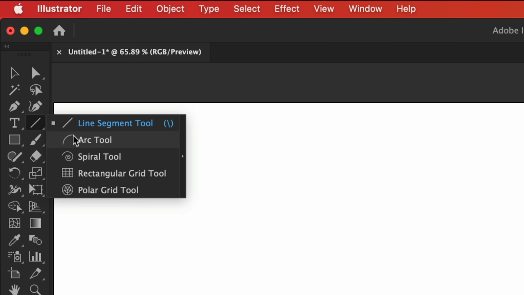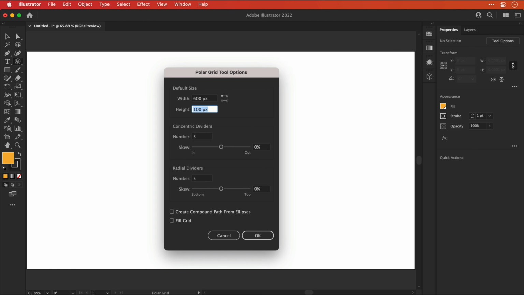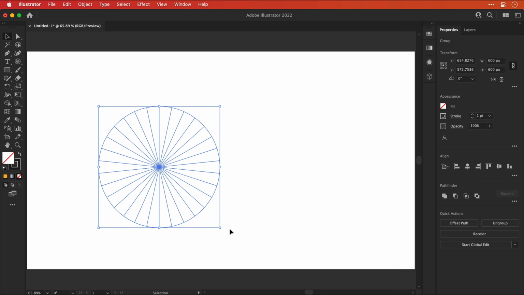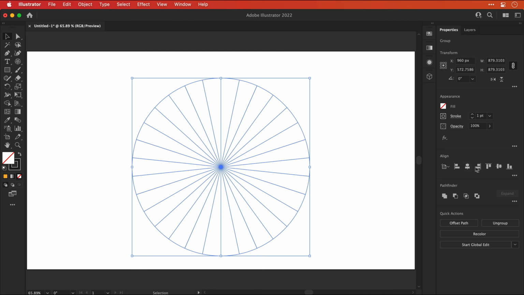Next, select the polar grid tool and then click anywhere on the artboard to bring up some more options. Let's go with 600 for the width and the height, and we'll set the number of concentric dividers to 0 and the number of radial dividers to something like 30. Click OK and your new shape will be created, and we'll scale this up a pinch. Make sure you hold shift when scaling so it doesn't skew out of shape, and let's pop this in the